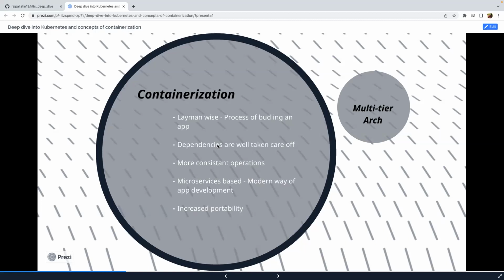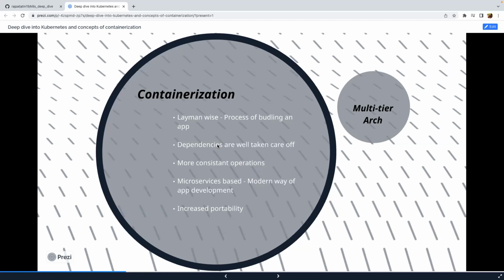I'll talk a bit about the microservices in a minute, but at first we'll try and understand why containerization is needed. So to get rid of this complete charging mechanism, we came to a cloud native kind of architecture. When I say cloud native architecture, the basic thing about cloud native is it should be able to be ported into any of the public clouds, any of the public environments. Then you should only be charged as you're using that infrastructure or setup. Based on that, the containerization came into the picture.